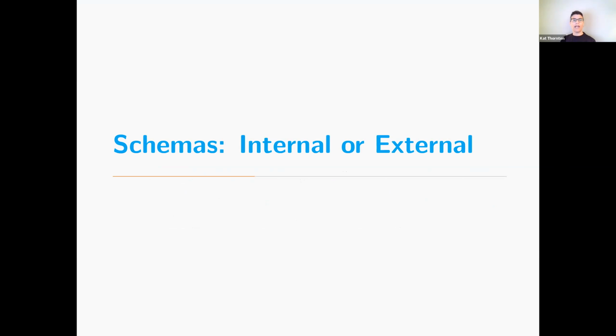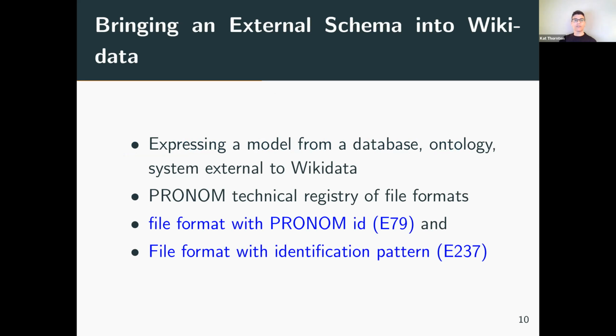So we've already covered how schemas are used to communicate data models. Now, where do we find these models? We can bring external schemas into Wikidata. A concrete example of this: